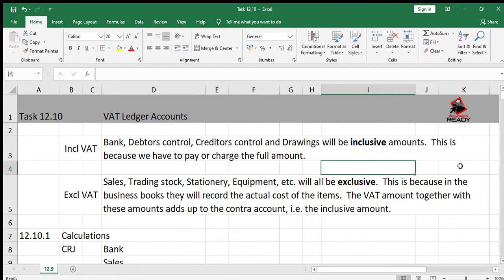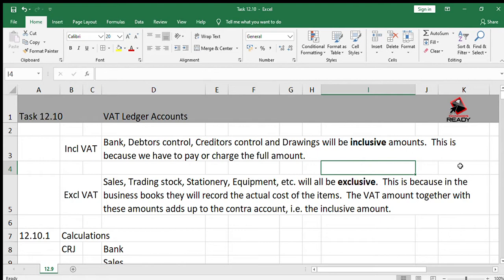Hello grade 12s. I'm now doing task 12.10 in your textbook. Okay, now task 12.10 is quite a bit detailed. I'm just going to do it so that you can get a general feeling for this, but it's not typical for exams. The first thing we need to do is that if you look on page 493 and 494 in